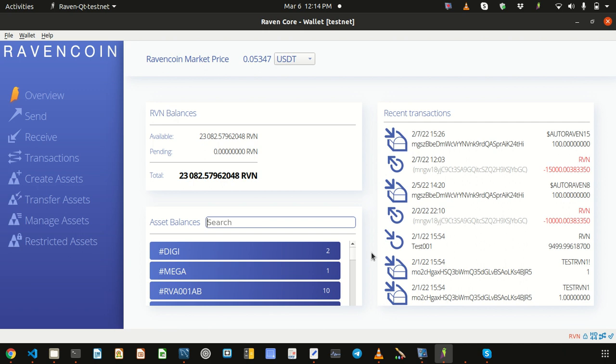As I said, it inherits everything from the Bitcoin blockchain. It has its own native token, which is called Raven or RVN. You can receive it, you can send it to other addresses just like Bitcoin. But on top of that, the additional functionality that sets Ravencoin apart from Bitcoin is that you can issue your own assets or your own custom tokens according to your own business needs